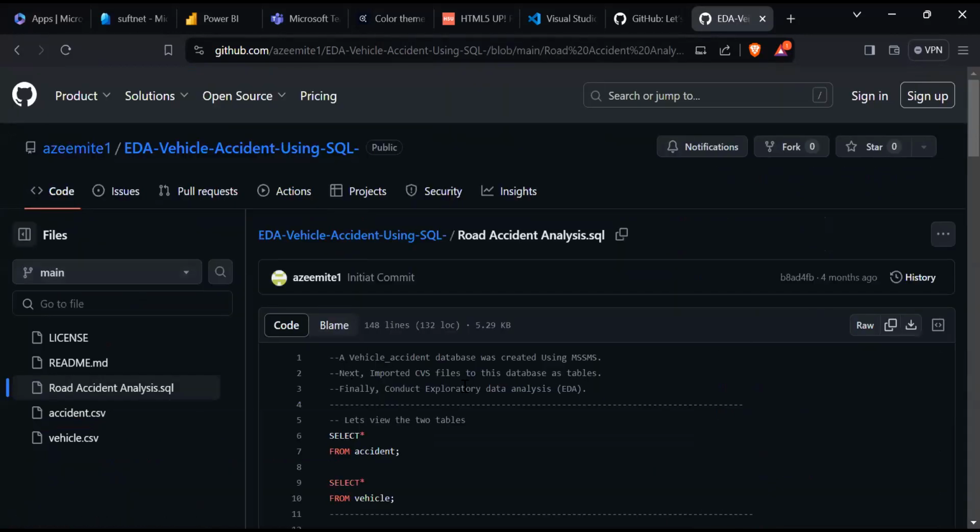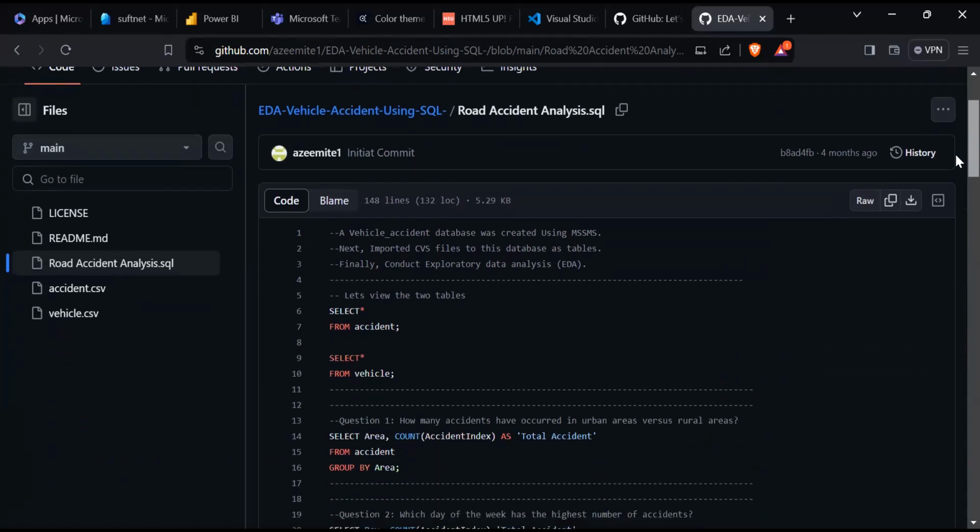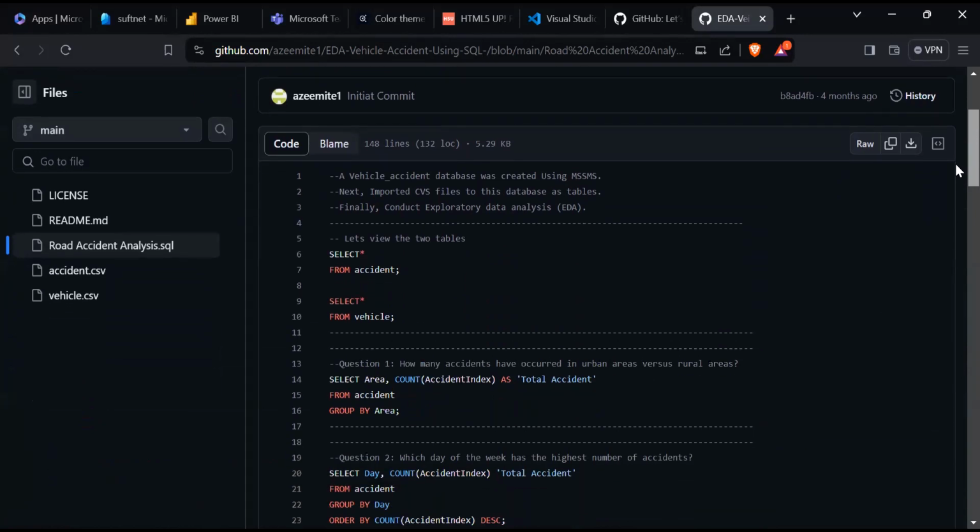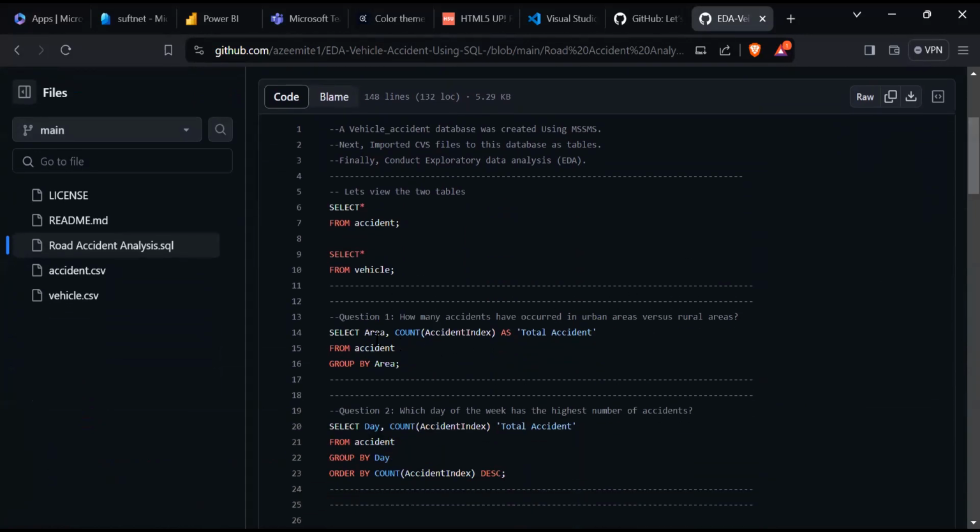These are all the steps to interact with the database, answering questions, querying the data to get information, like how many accidents have occurred in urban areas versus rural areas.